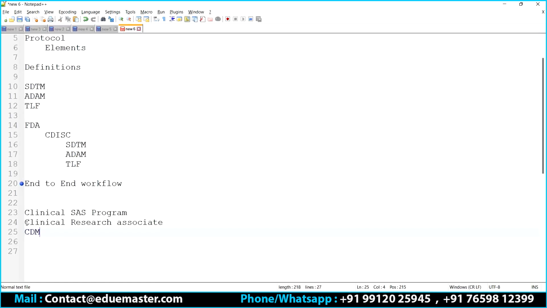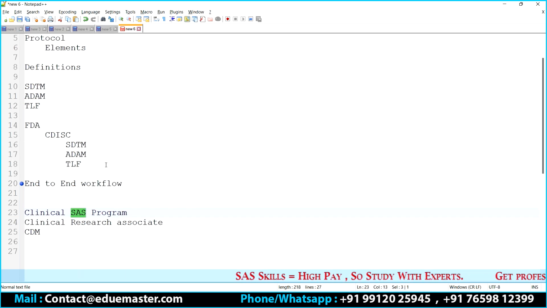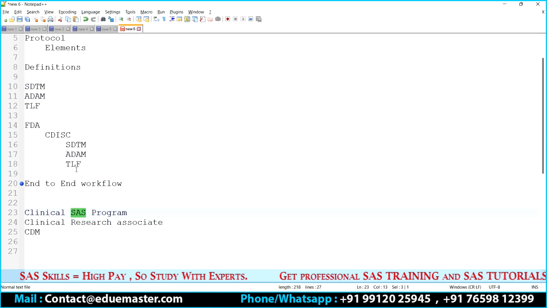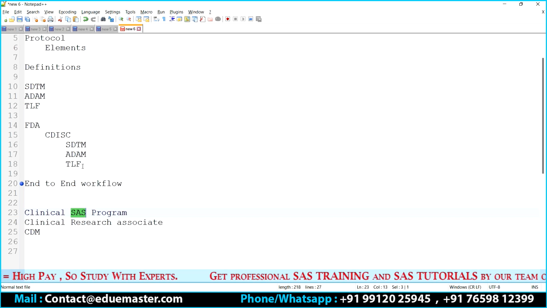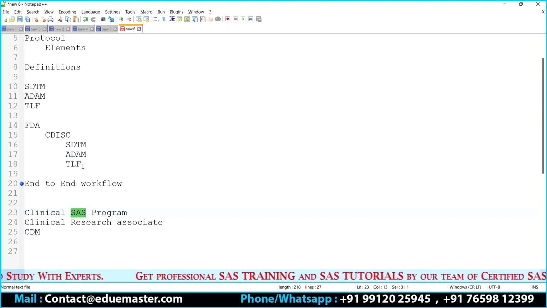Being a SAS programmer, you're still not going to utilize this. Once you have the ACRF ready, based on the ACRF, your protocol, SDTM, and raw datasets, only then are you going to proceed with your programming.